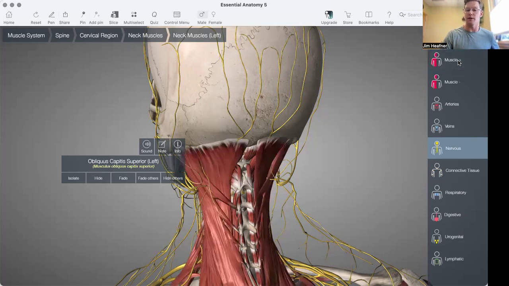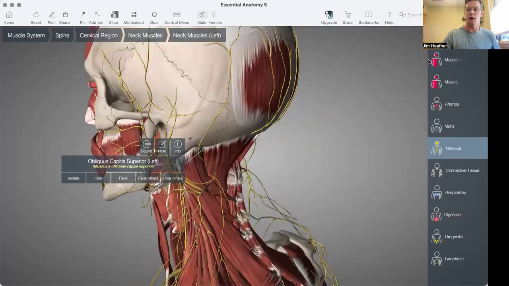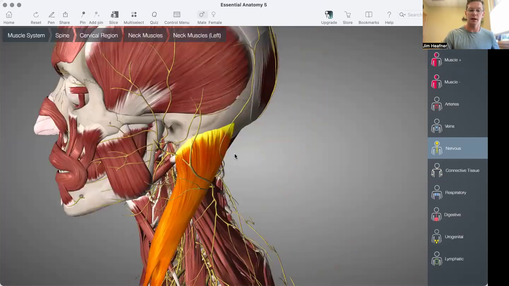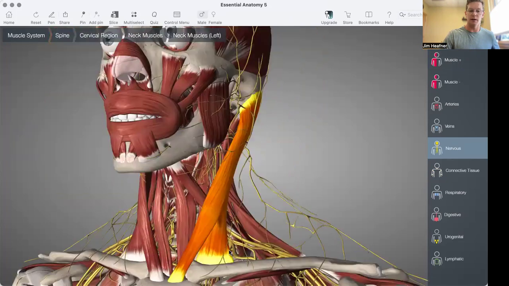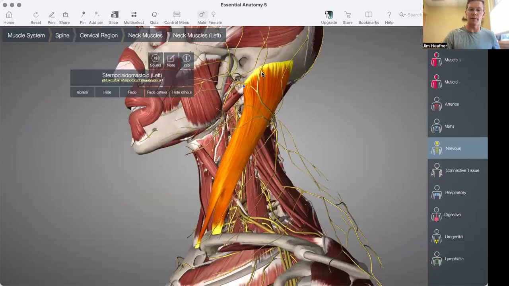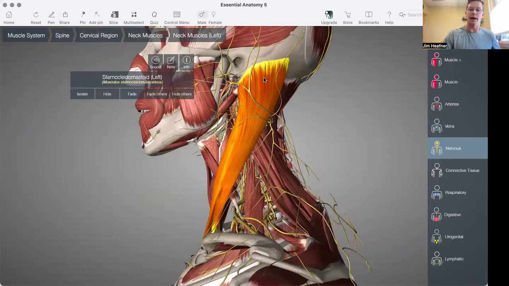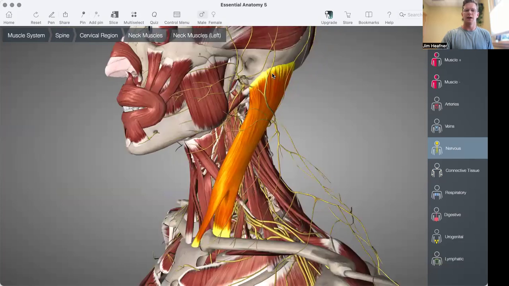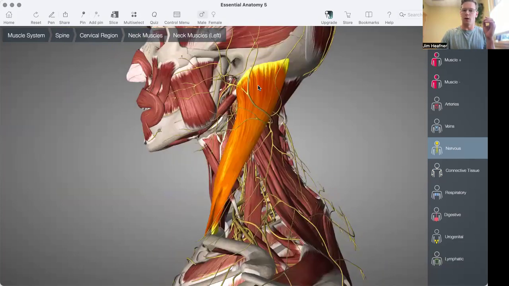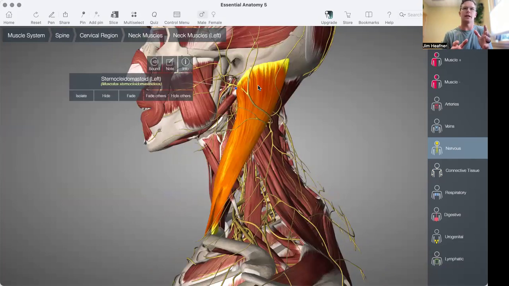Other muscular contributions to cervicogenic headaches are going to be our SCM muscle, the sternocleidomastoid. That runs from both the clavicle and the sternum, and then it ends up over on the mastoid on the backside of the occiput here, I believe the mastoid process. Again, through a nerve referral type of pattern or a sensory neuroplastic change pattern, then we can see cervicogenic headaches